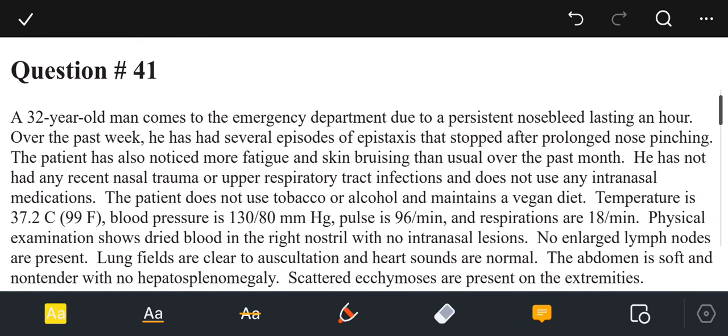The next question is question number 41. So it is basically the second block if you are following blockwise, because one block contains 40 questions, but it is up to you. So question number 41: a 32 year old man comes to the emergency department